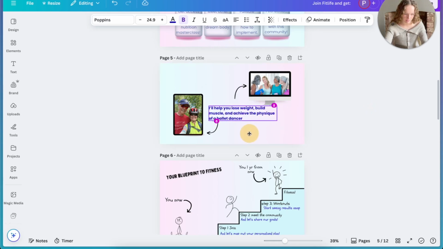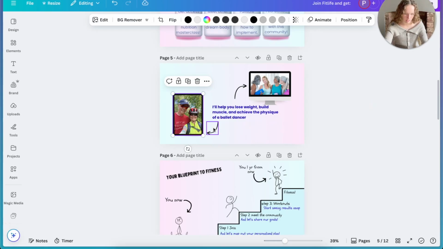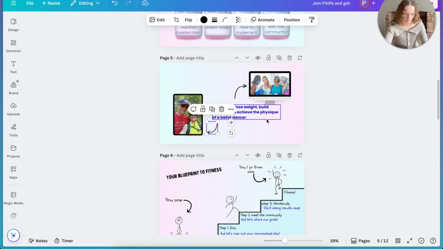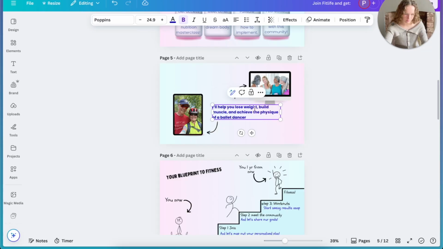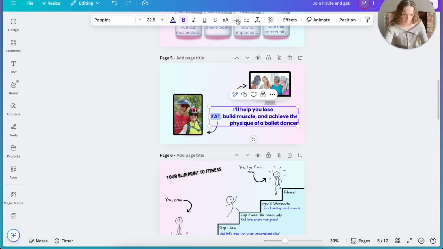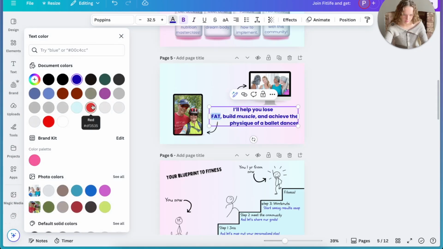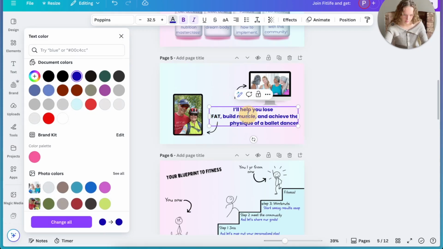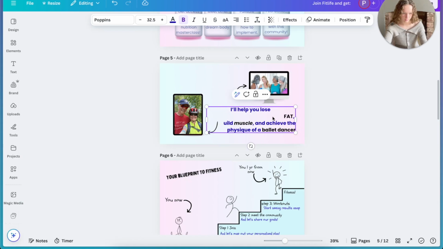Now I'm trying to figure out just how to make this text fit while also making it big enough that it's easy to read. Okay, so we need to get creative here. I think that could be its own line. Maybe we center this. Maybe we center all of the... And then let's just change the coloring of some of these. Lose fat, build muscle. So it can be lose fat, build muscle,